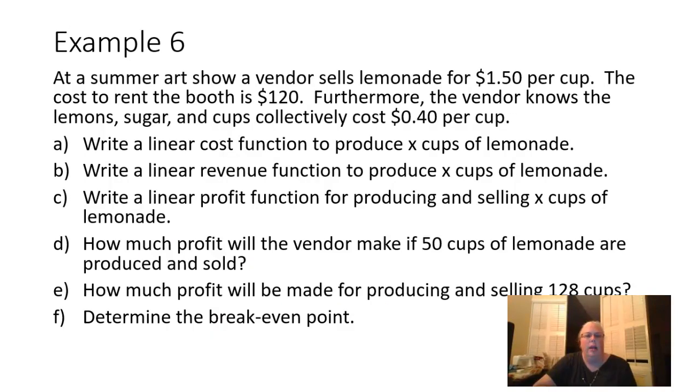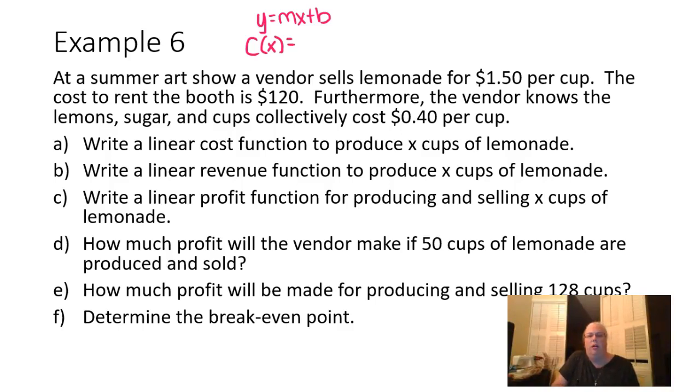Example 6. At a summer art show, a vendor sells lemonade for $1.50 per cup. The cost to rent the booth is $120. Furthermore, the vendor knows the lemons, sugar, and cups collectively cost 40 cents per cup. A, write a linear cost function to produce x cups of lemonade. Once again, we're going to try and put this in the form y is equal to mx plus b. Our cost function, C of x,